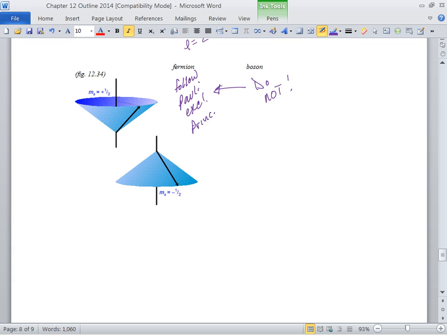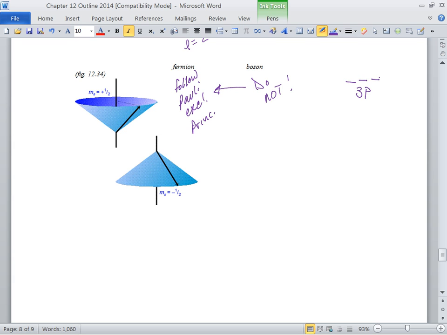What was the Pauli exclusion principle? Do you remember doing this? You were filling in these orbitals, like you had 3p. If I had 3p, how many orbitals do I draw? Three. But I can fit 6 electrons in and max it out. Three, because there's 3 different values of